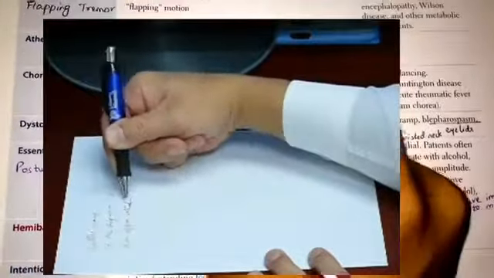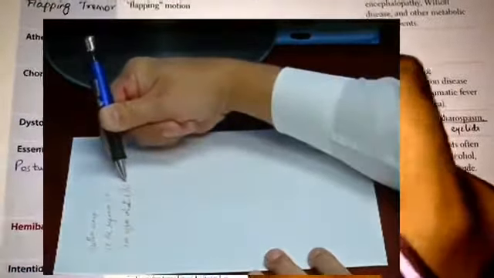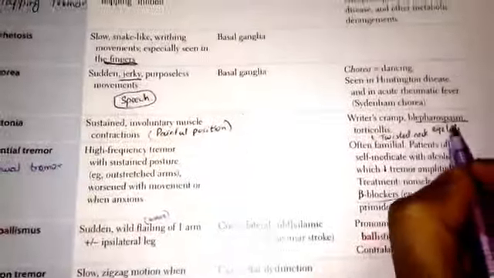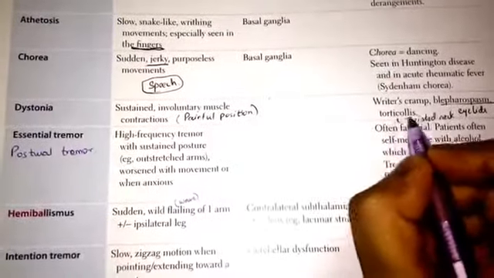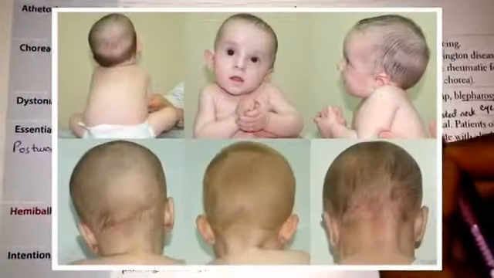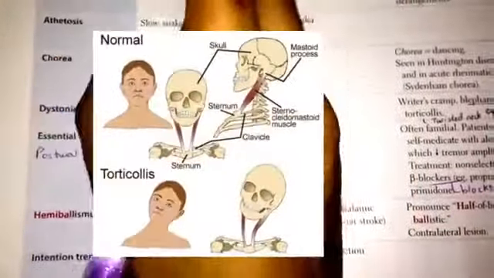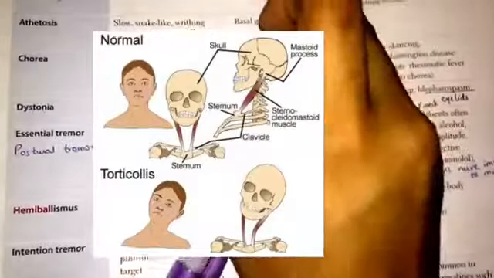It is seen in writer's cramp, where you can see the person is writing something and all of a sudden he's unable to write anymore. The speed becomes slow and the letters become messy. Blepharospasm, where you can see an involuntary tightening of the eyes, and because of that tightening he is unable to open the eyes completely. And then torticollis. Torticollis means twisted neck. In this you can see the patient has a stiff neck towards one side. He tries to shift the neck into the proper normal position. He feels pain on the opposite side. That stiff neck is called torticollis.